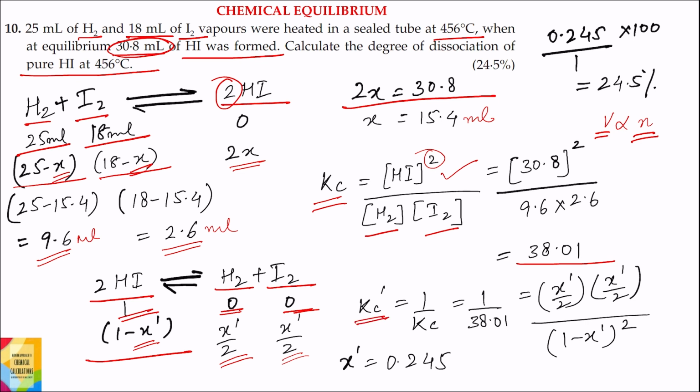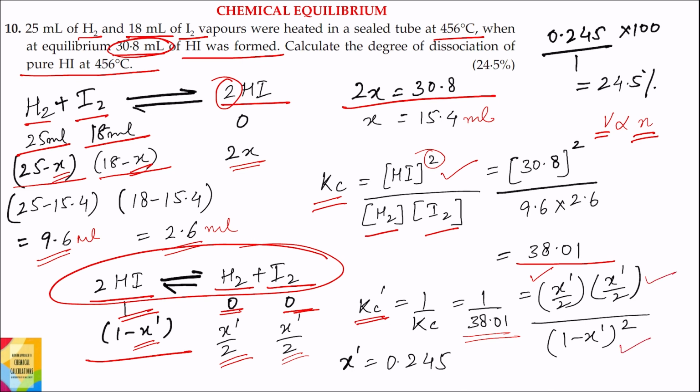Now Kc' is the value of equilibrium constant for this reaction, which is the reaction for the dissociation of hydrogen iodide. So it will be inverse of Kc, that is 1 by Kc, and this is equal to 1 by 38.01. Now putting the values for the concentration of hydrogen, iodine and hydrogen iodide and solving, the concentration of hydrogen iodide is raised to the power 2. Now solving, the value of x' is equal to